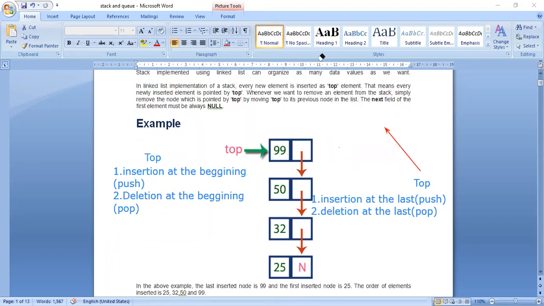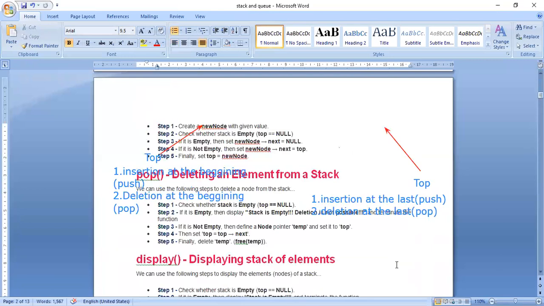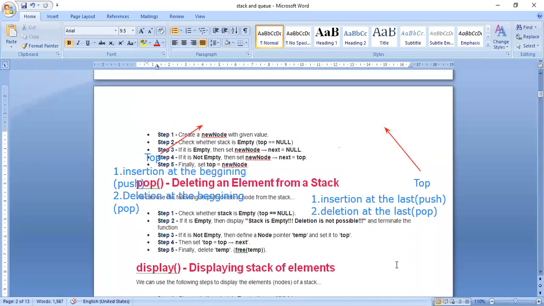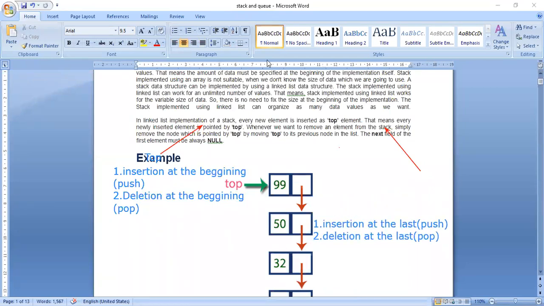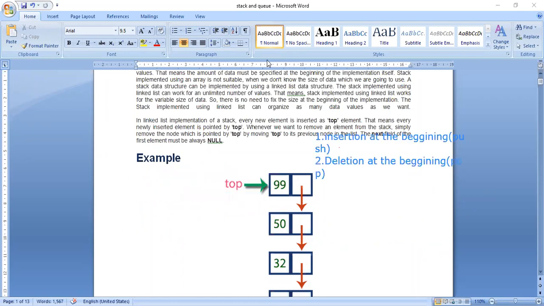So you can see. These algorithms also are the same thing. Okay.